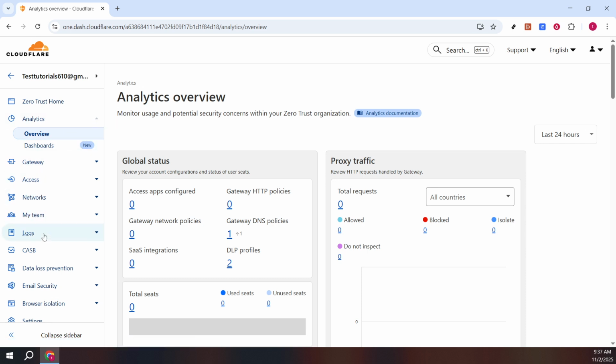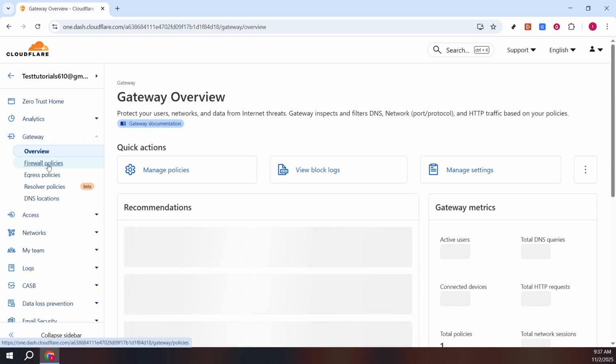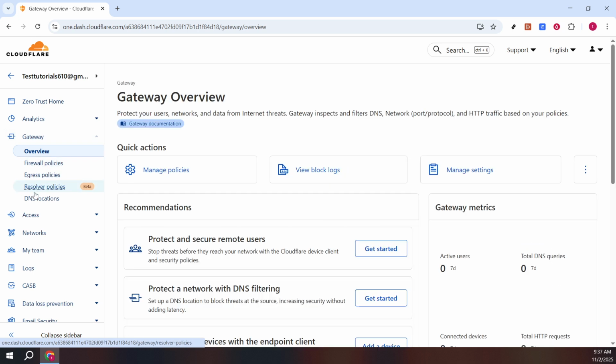The analytics provided on this platform are comprehensive, giving you a detailed view of your network's performance and security posture. This data is crucial for making informed decisions, enabling you to spot trends, detect anomalies, and optimize your system's performance. Moreover, the gateway section offers an array of functionalities aimed at securing internet traffic and defining policies at a granular